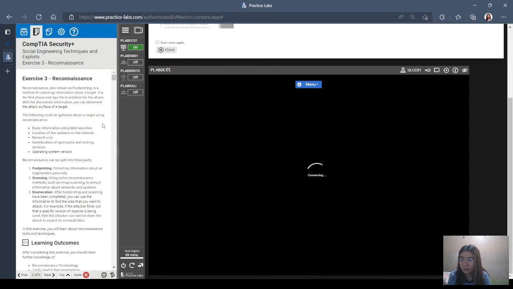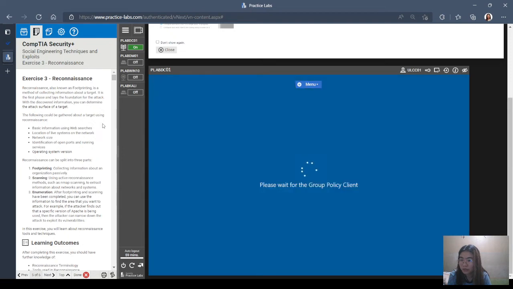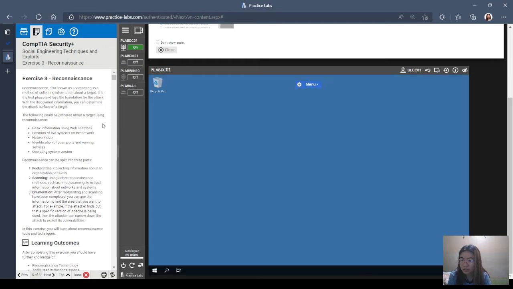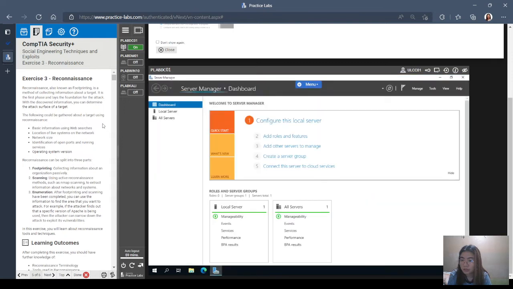With the discovered information, you can determine the attack surface of a target. The following could be gathered about the target using reconnaissance: basic information using web searches, location of live systems on the network, size, identification of open ports and running services, operating system version. Reconnaissance can be split into three parts: footprinting, collecting information about the organization passively; scanning, using active reconnaissance methods such as Nmap scanning to extract information about the network and system;